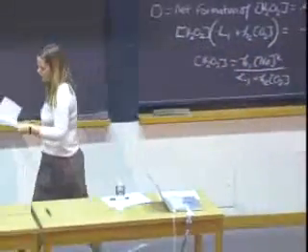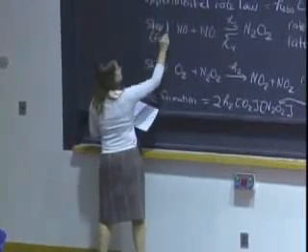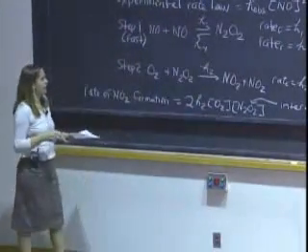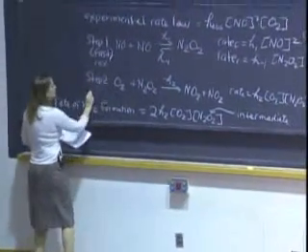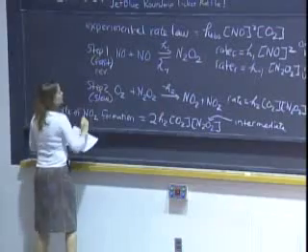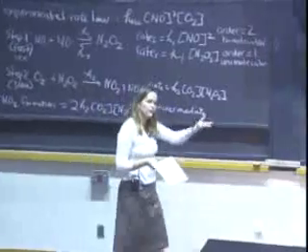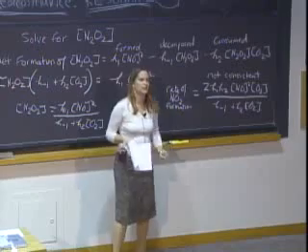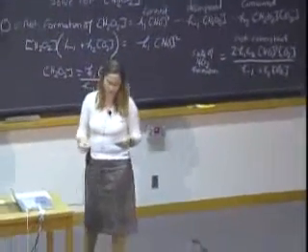So now we can go over here and think about what would happen if step 1 was fast. So it's fast and it's a reversible step. It's already written that it's a reversible step. So it is reversible. And step 2 might be slow. So now we can consider if we have a fast first step and a slow second step, what that would do to this equation, and whether we could then rearrange this equation such that it would be equal to our experimental